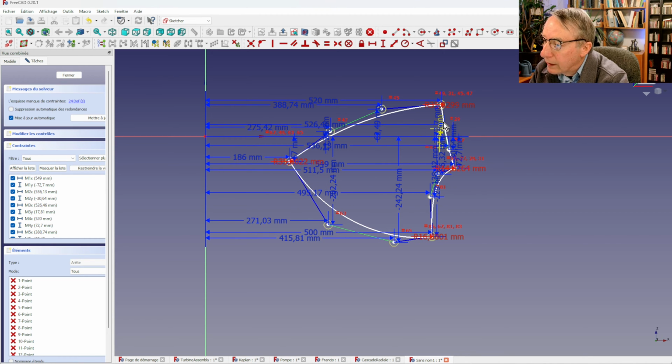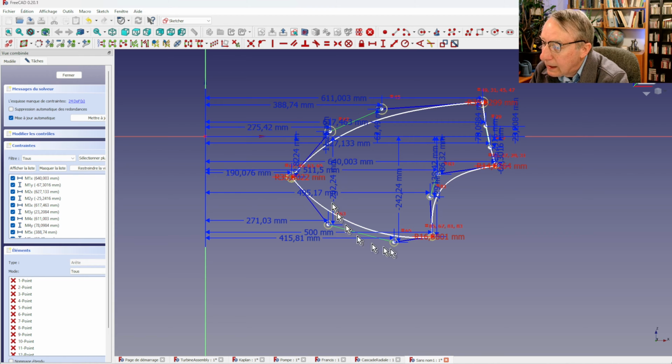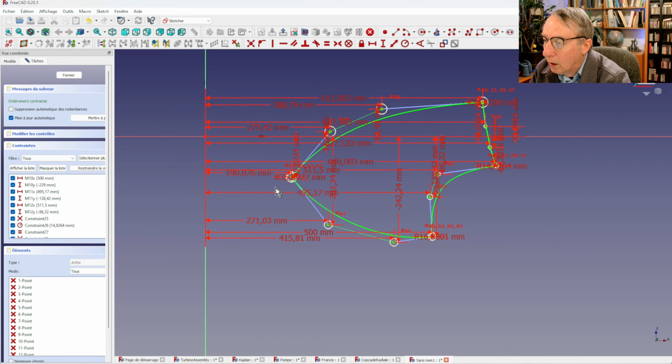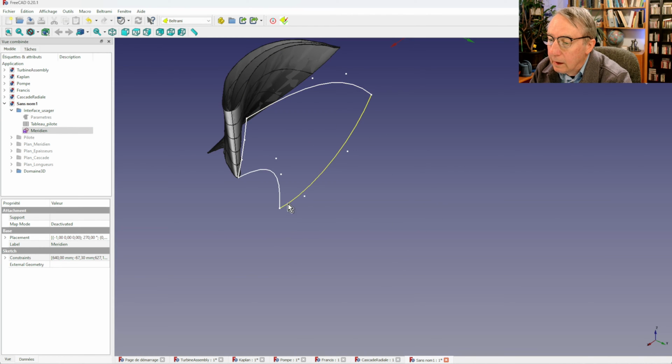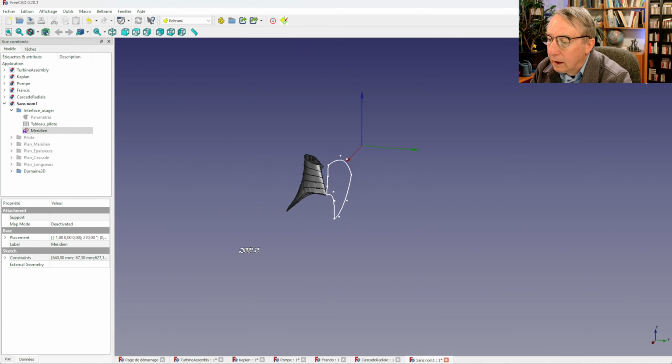If we do a modification, we can move it, we can pull down a single point, we can displace any of the points here. Before closing, I will switch to constraint to lock all the positions. And when I close the sketch, automatically the contour of the blade in the meridian plane is corrected and the 3D geometry is obtained accordingly.